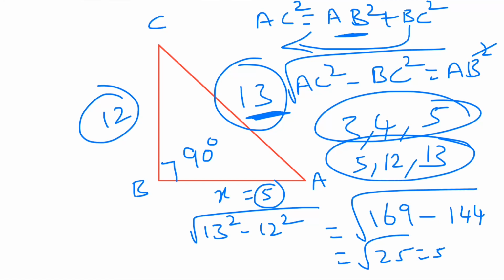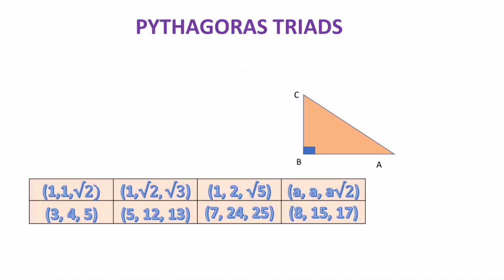So we will see some of the Pythagoras triplets and triads formed: 1, 1 and root 2. The last one is the hypotenuse. Then the first two sides are the other two sides, meaning one is the opposite side and the other is the adjacent side. So if we remember these Pythagoras triads, that will be very easy. These are the frequently used Pythagoras triads. There are unlimited Pythagoras triads, but for 10th class, these are enough to remember. Or even if we don't remember them, we can solve using Pythagoras theorem.